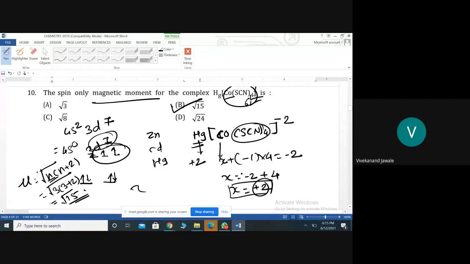If you check the question paper of the year 2015, they are asking the formula for the magnetic moment. This much simple question they are asking. What will be the formula for the magnetic moment? And last time they asked the formula for the spin only magnetic moment of a coordination compound. This simple question they are asking. Did you get this question?